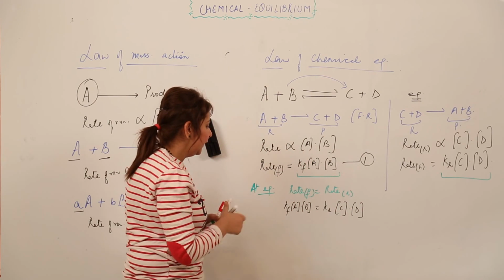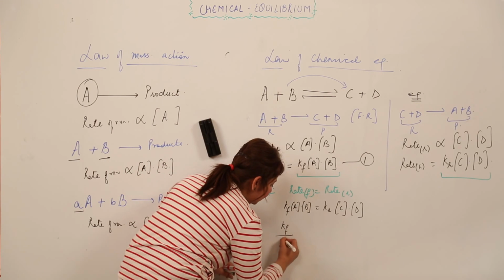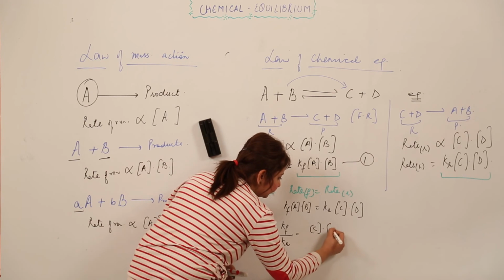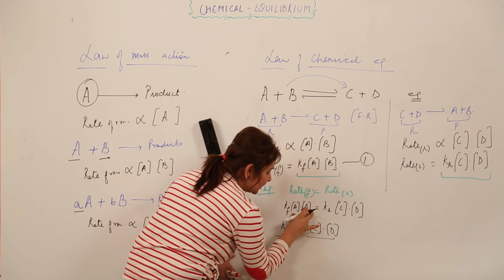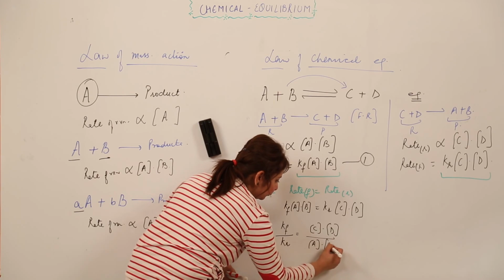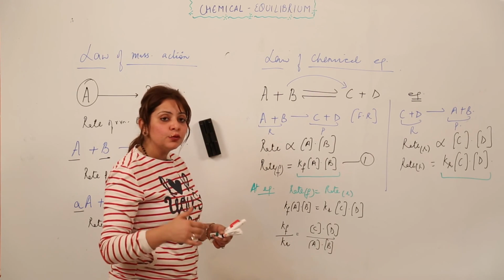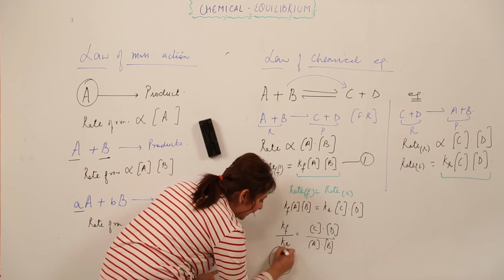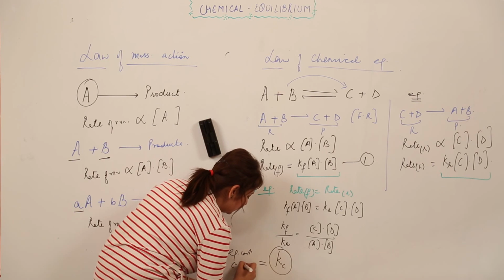Now what I am doing is just dividing this equation by this, so I can write it in this manner, Kf upon Kr. Similarly, I can write the concentration of CD, moving this from this side to here. It is in multiplication, so obviously it will be dividing on this side, right. Now what is the ratio of Kf to Kr? It is the Kc, that is the equilibrium constant for the chemical reaction.